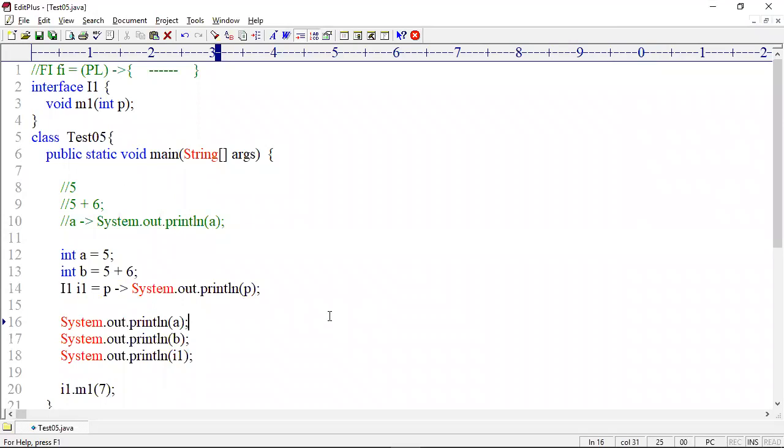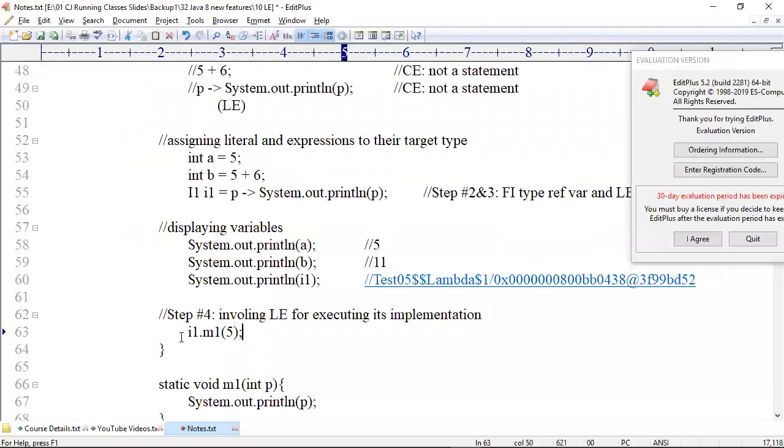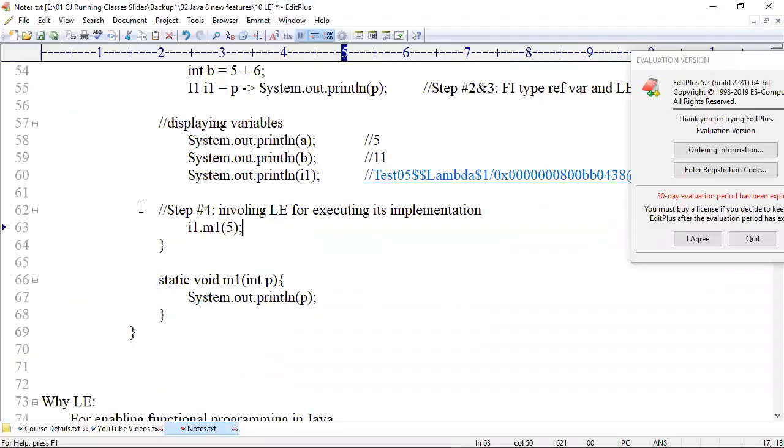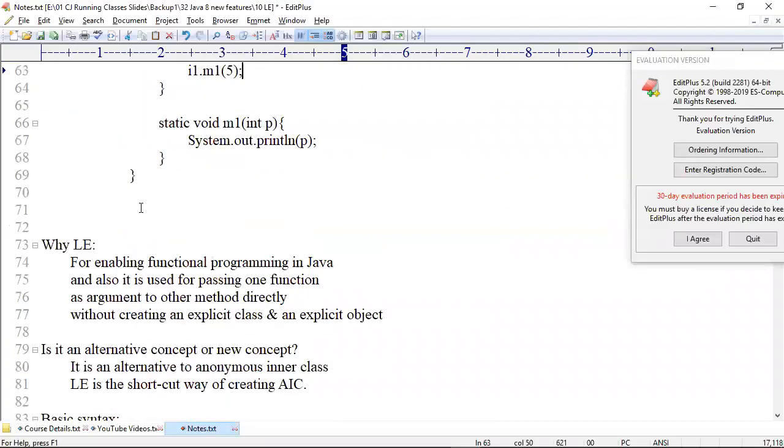Shall we try to do different experiments? Tell me how the compiler can identify this is an implementation of this interface. How can the compiler decide a lambda expression is an implementation of one functional interface? Tell me. Next question.